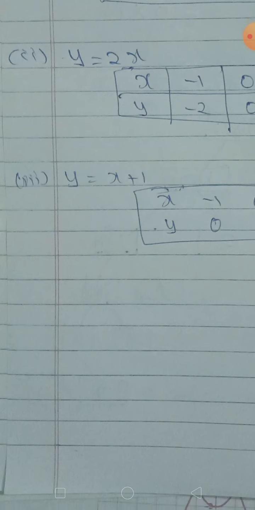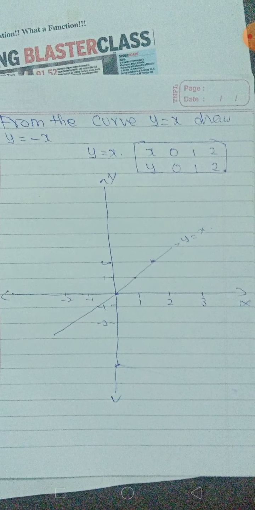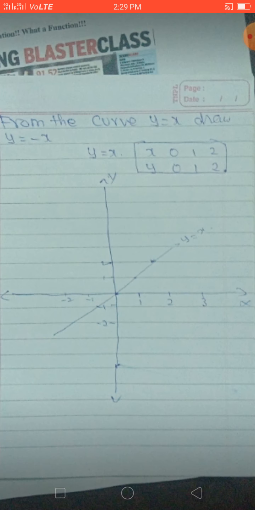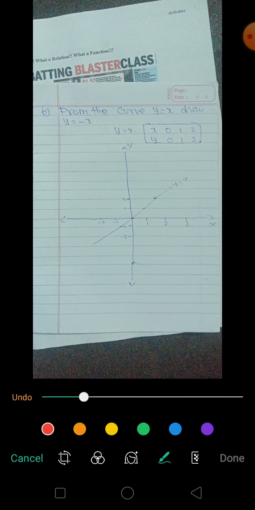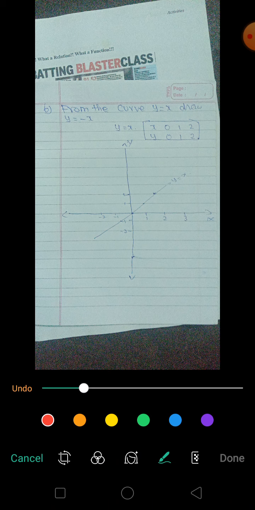Keep that in your mind. Now we are going to draw the graph in this y is equal to x graph. So x value minus 1, y value 0, which means here is a point. And then 0 comma 1, exactly 1, here is the point. And then 1 comma 2, so here is the point. So the line should be like this, a straight line, a parallel line.